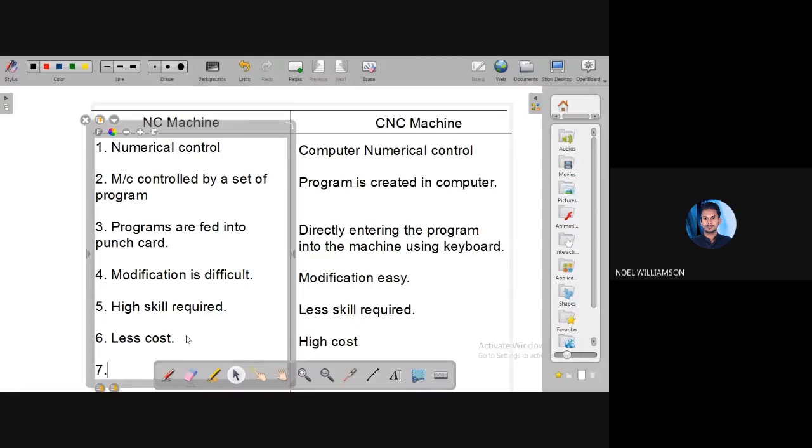And regarding maintenance, if the system is simple, maintenance will also be simple. There will be a small number of parts or components in the NC machine. So the maintenance cost will also be less. That is the cost required to maintain the machine in order to prevent failure.